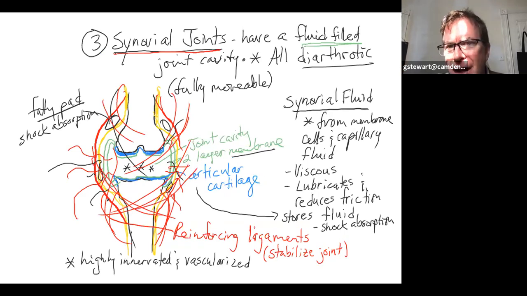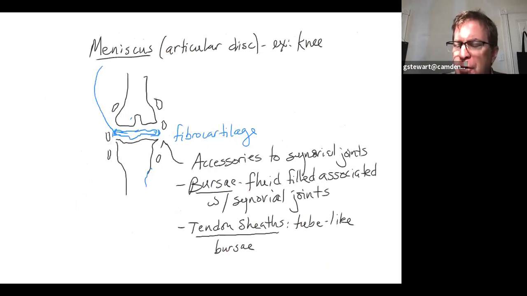A bone-to-bone attachment is a ligament. A muscle-to-bone attachment is a tendon. And these tendon sheaths are tube-like bursa that actually enclose tendons